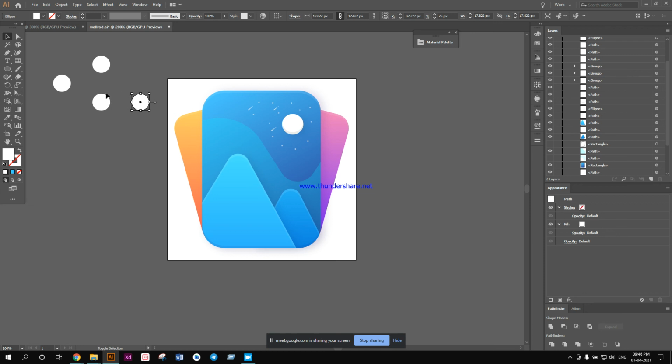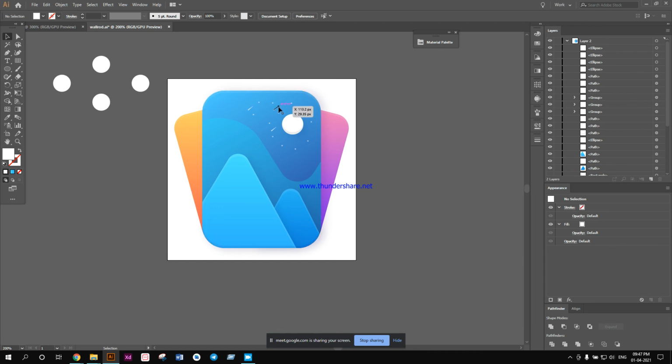Now see, I have a design with all these circles, and the design is very complex. You see over here there are 4 circles, and in a design there may be hundreds or thousands of circles like that, and you cannot go on selecting each circle. Sometimes they may not be arranged in a group. For my part, I arrange them in a group for better usability. But in some designs the icons are not arranged properly, so you have to manually select them.